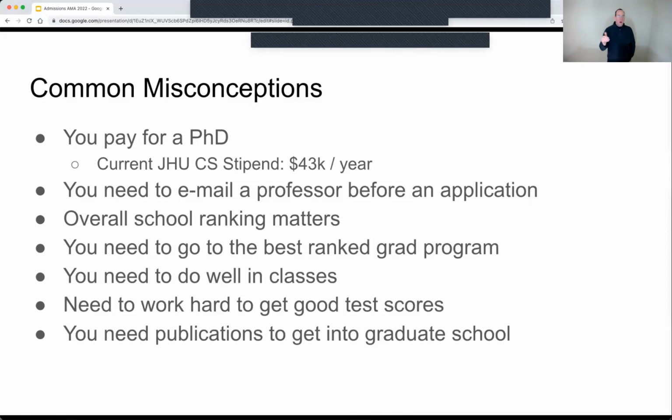Okay, overall school ranking matters. It absolutely does not matter. I could say nice things about Johns Hopkins ranking. We are a very, very good university, but frankly, rankings for PhDs don't matter. The most important thing that matters is who's your advisor. And so Johns Hopkins, I can talk about our outstanding ranking, but what matters is who you're going to work with. We have fantastic advisors. That's why you should come.